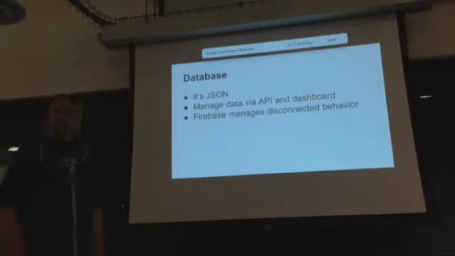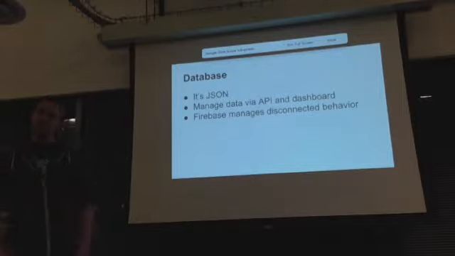Okay, so even though it does all this stuff for you as a service, at the end of the day, there's still data, and data is persisted. So while you don't necessarily work with the database directly, you work through the API, and through the API, you're working with JSON. If you've ever worked with a document database such as Mongo, you're probably already familiar with that concept, which is really nice, by the way. If you've ever worked on a stack where you have JavaScript on the front end and say Mongo on the back end, you're doing JSON from top to bottom, and it's a real big time saver not having to translate JSON into some sort of relational map or do reverse mapping.